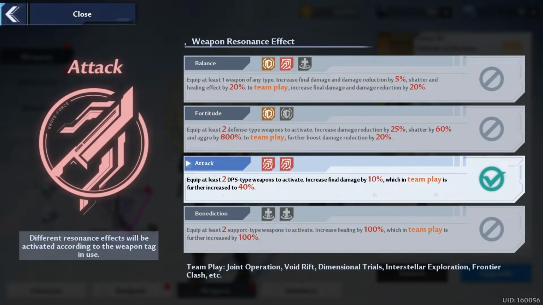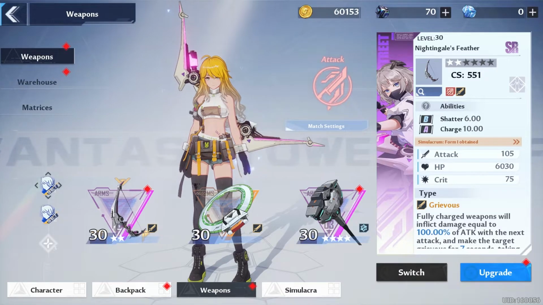Some of this game's content focuses on co-op or team events like raiding bosses and doing dungeons, and these resonance effects would give a big boost on your co-op team's synergy. Another thing to consider,